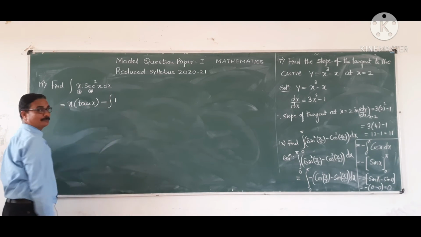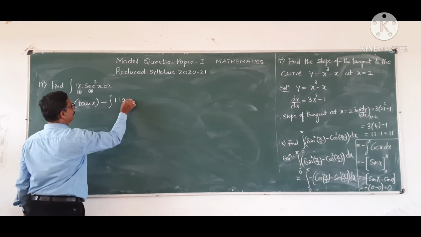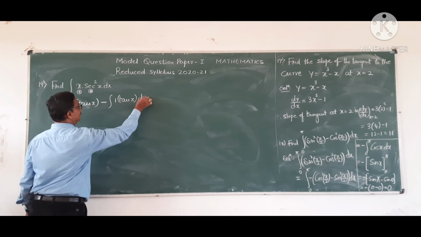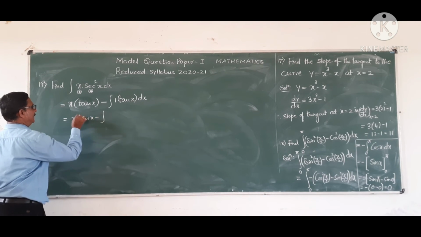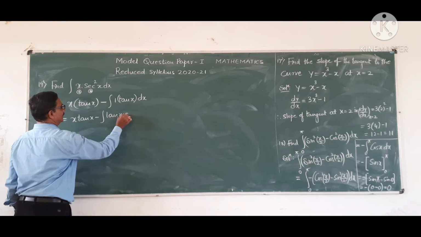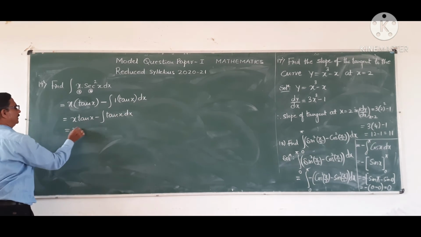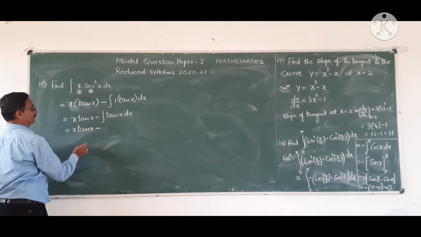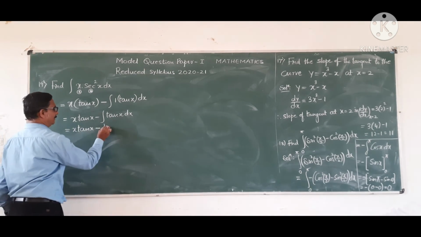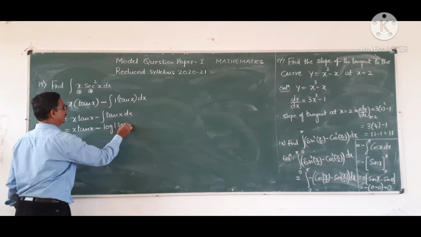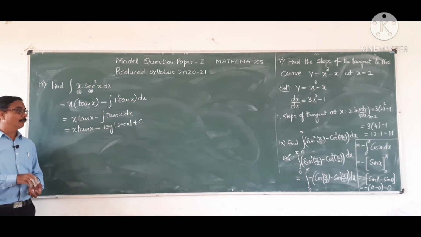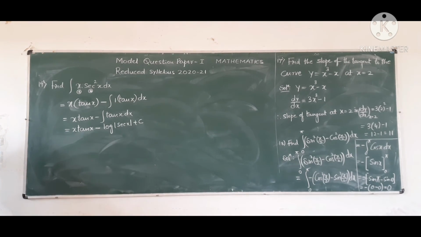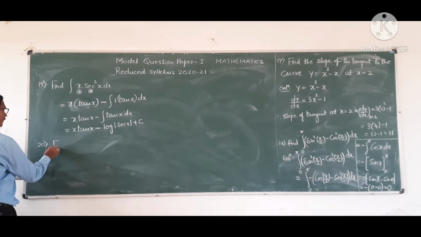Derivative of x with respect to x is 1, times the integral of the second function. Integral of sec square x is tan x. That is x tan x minus 1 times tan x, with respect to x. Further simplify: x tan x minus, what is the integral of tan x? Remember that formula, log of mod sec x plus c. The integral of tan x is log mod sec x plus the constant of integration c. Okay. Then 20th problem, find the order